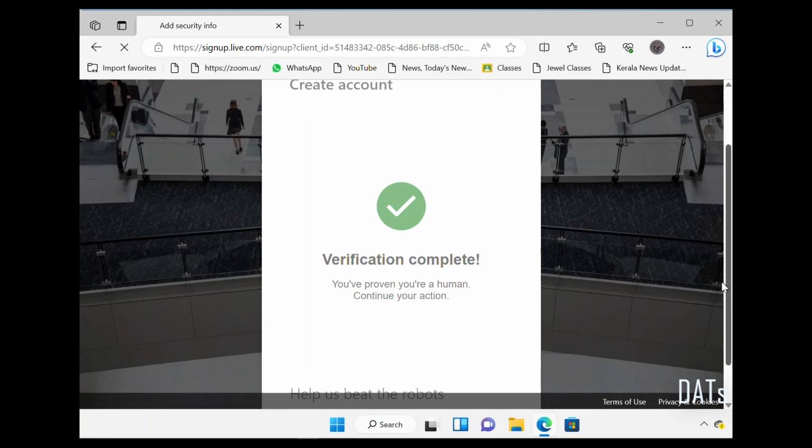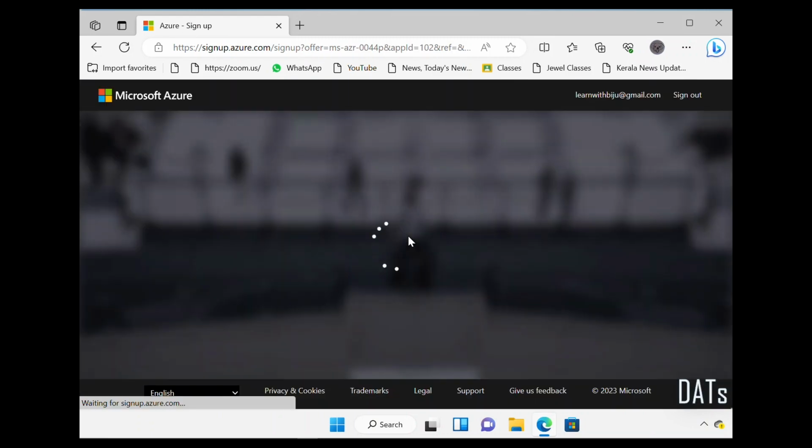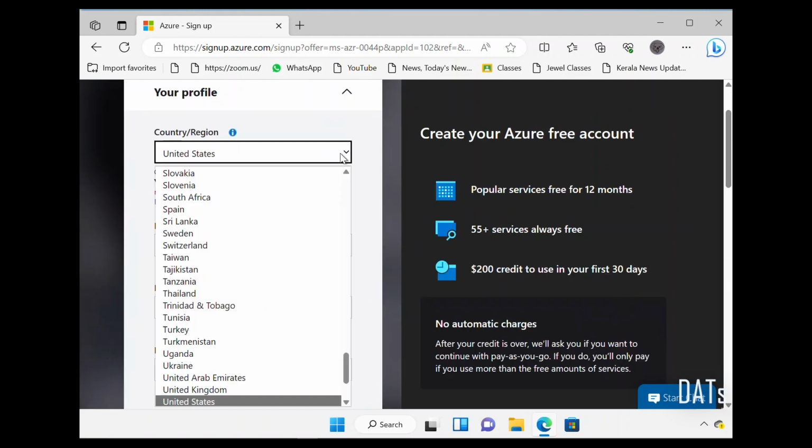The next step in the account creation is filling in your profile. We should provide your first name, your last name, your country, your phone number, your date of birth.